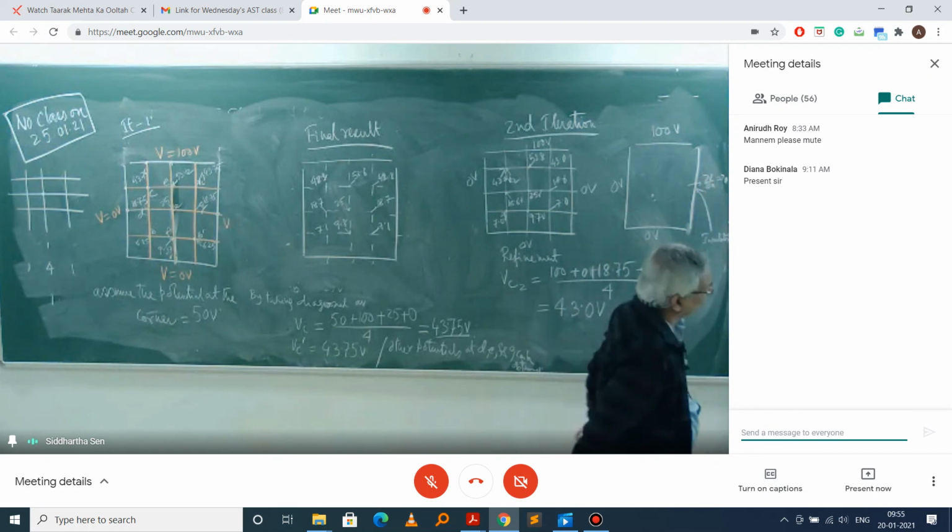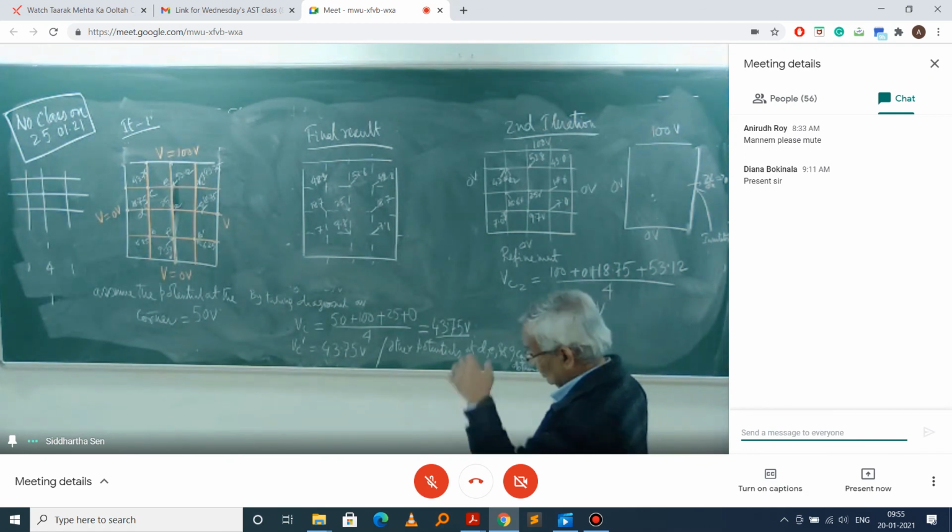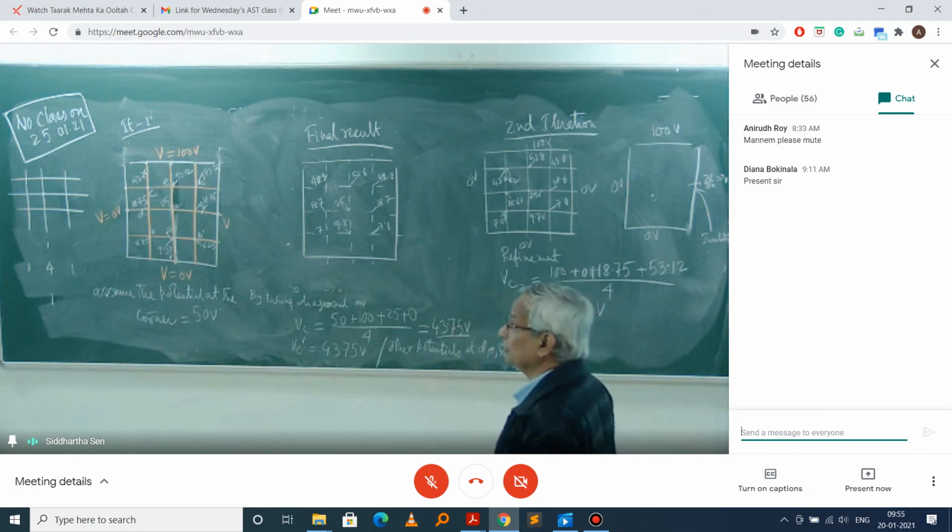So tomorrow, first I will show how you approximate this while implementing the Neumann conditions. After that, you will see that ultimately FDM is not that popular. An alternative is the FEM method, the finite element method, which we will also introduce in the next class. And mind it, the 25th is no class.